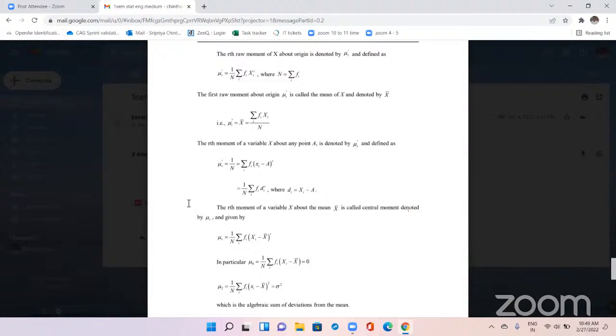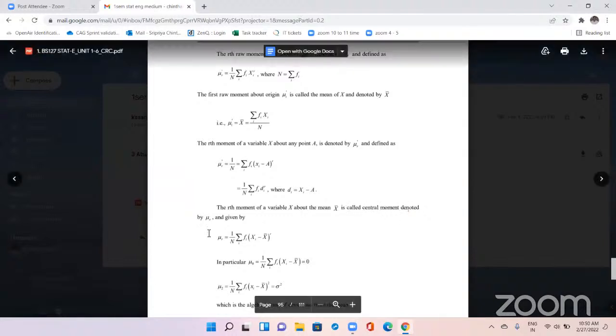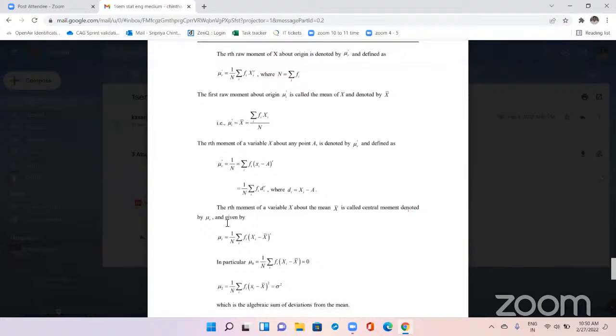Central moments heading: the rth moment of variable x about mean x bar is called central moment, denoted by mu r and is given by mu r is equal to 1 by n sigma fi into xi minus x bar whole to the power of r. Putting r equal to 0,